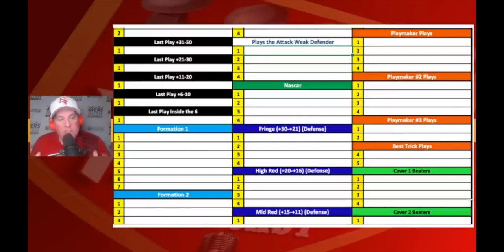We know they do that. These are our 3 plays against a cover 2. These are our man cover 1 beaters. These are our cover 3. These are our quarters beaters. And so you've got these all laid out. So those are examples, again, just examples of scripts that you'll use throughout the thing.